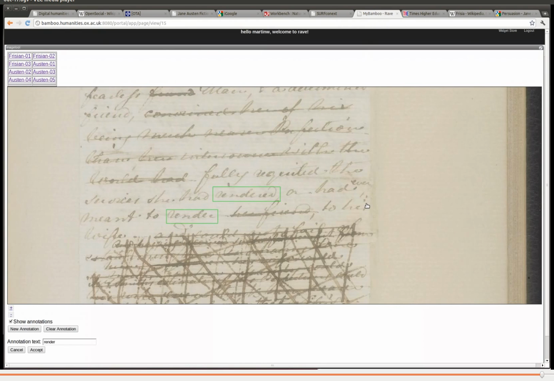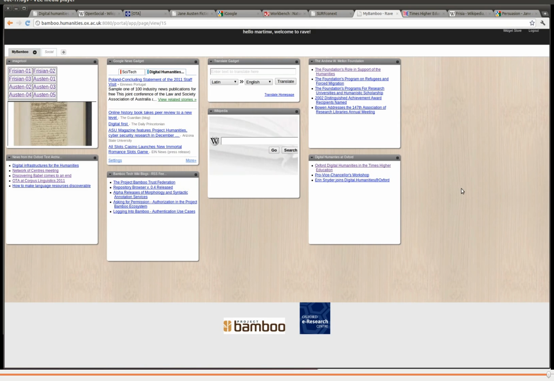When joined together with the collaboration tools for real-time communications, this is a powerful environment allowing new types of collaborative work in manuscript studies and potentially with other types of textual and visual data. So to conclude,